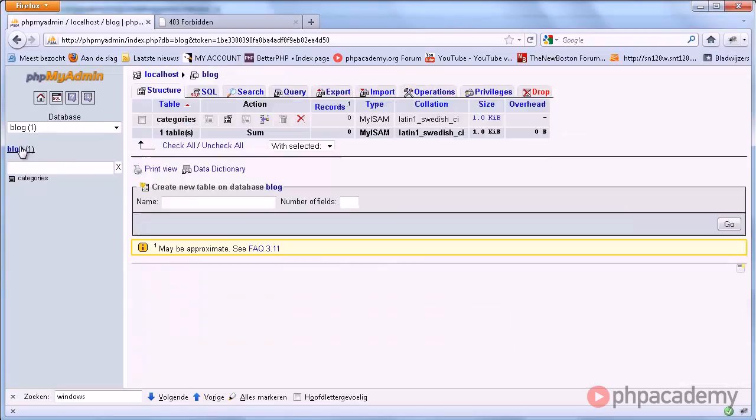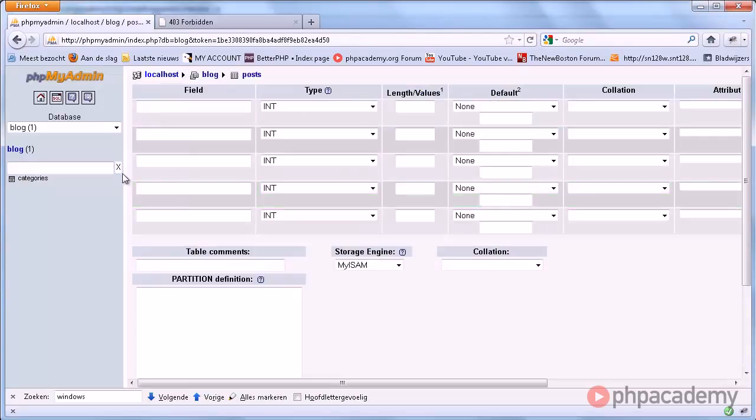Let's now create the posts table. Remember, this has 5 fields: the ID, the category ID, the title of the post, the contents of the post, and the date at which it was posted. So once again, let's start with the ID. This is going to be an integer, and once again,